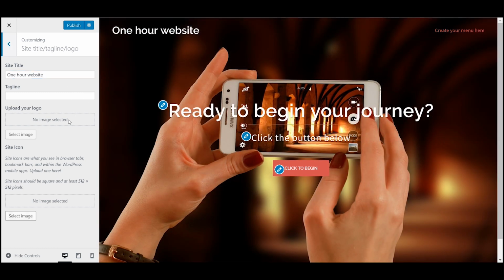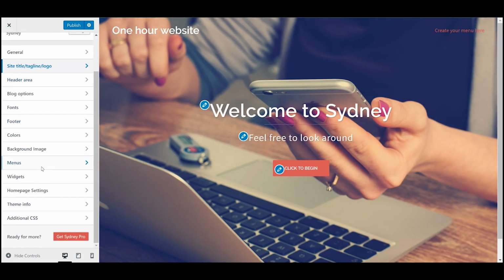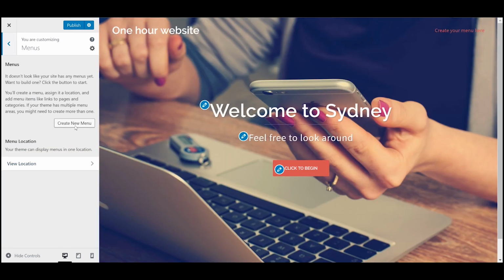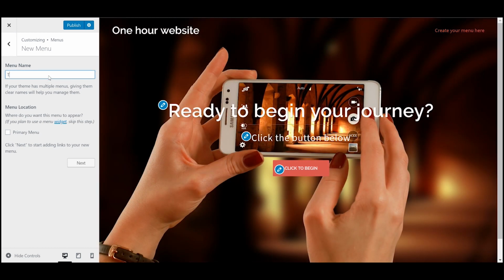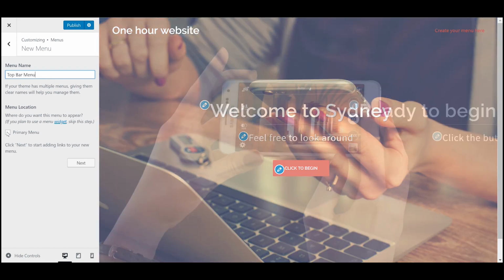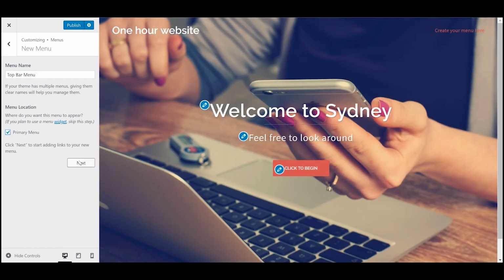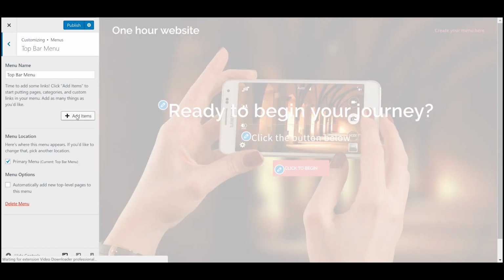Okay, so now let's create our menu up here. So what we're going to do is go back here, and go to a section called menus, nice and easy, and we're going to create new menu. We're going to call this one, let's just call it top bar menu. Okay. And then you want to select primary menu, so that's what it's going to use, and then we're just going to simply hit next, and we're going to hit add items,